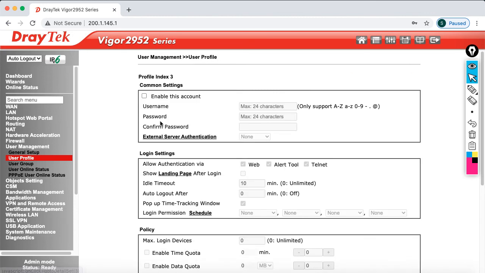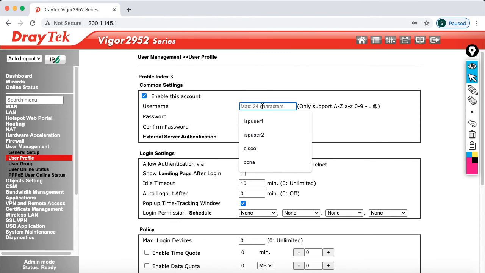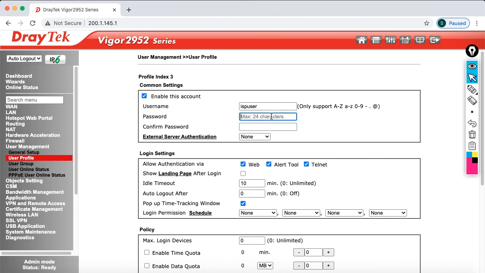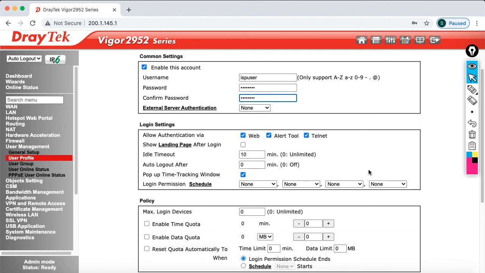So click on add. Then after this enable this account. So let's give ISP user, then specify the password, confirm the password. Then after that, if you want to specify the login settings, you can specify it.